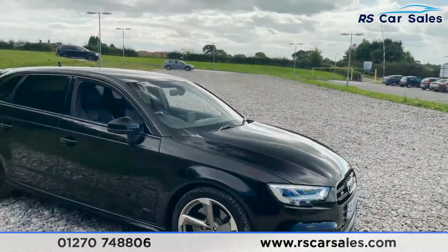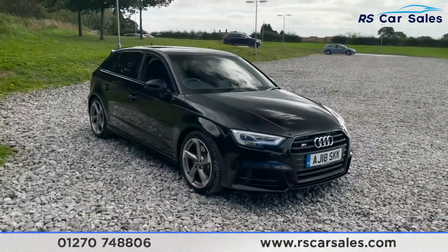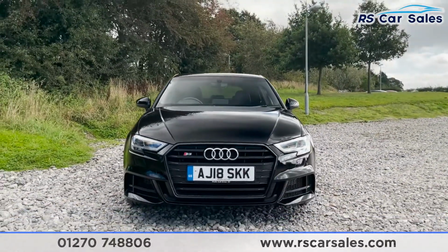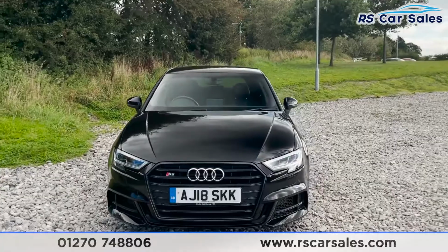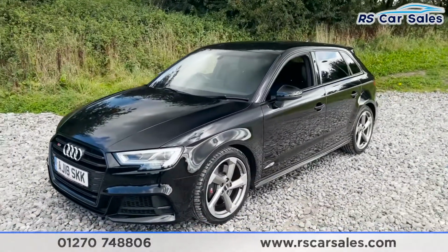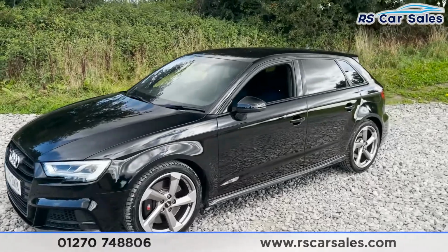Coming around to the front, you'll notice we've got the S3 badging, and how great do these look from the front end. A lot of road presence. These look absolutely fantastic. Coming around to this corner, you've got your second 18-inch alloy wheel, again excellent condition, color-coded